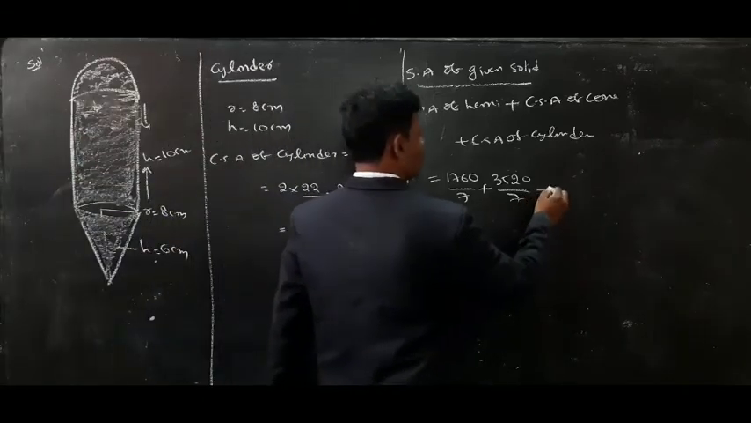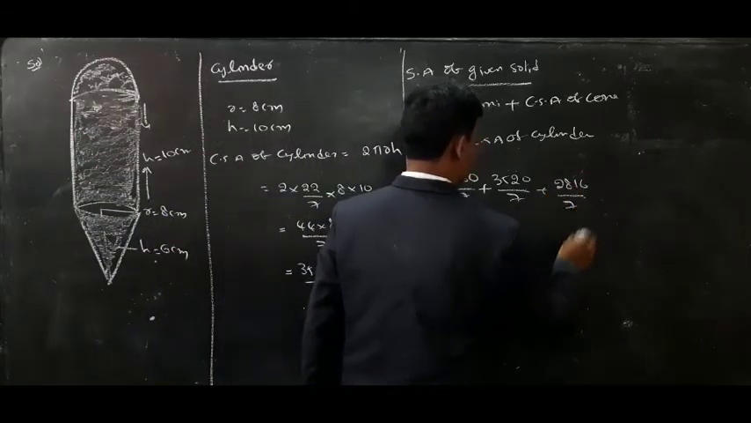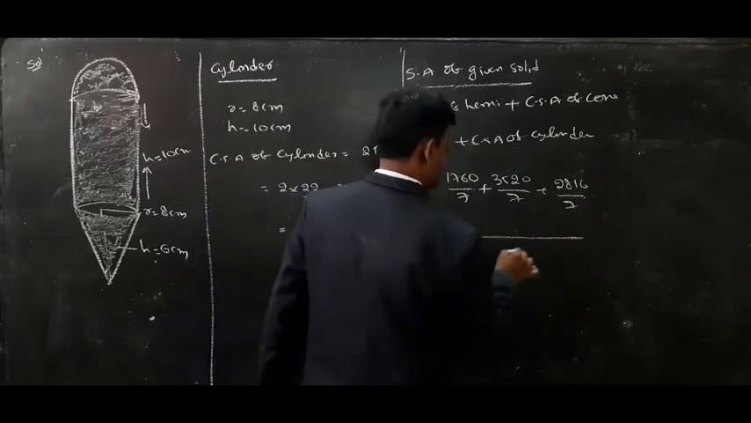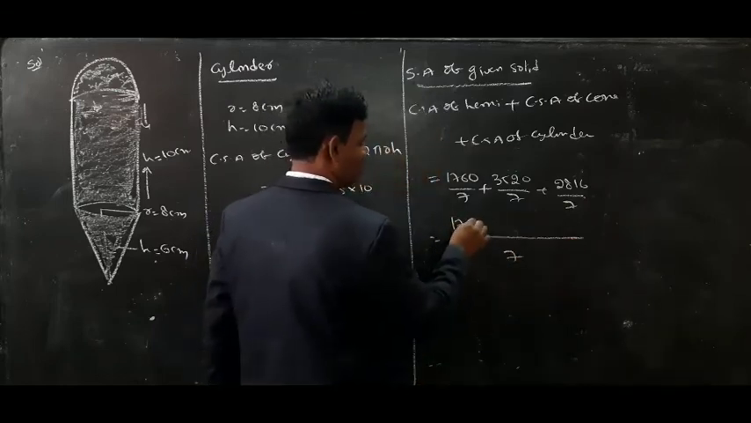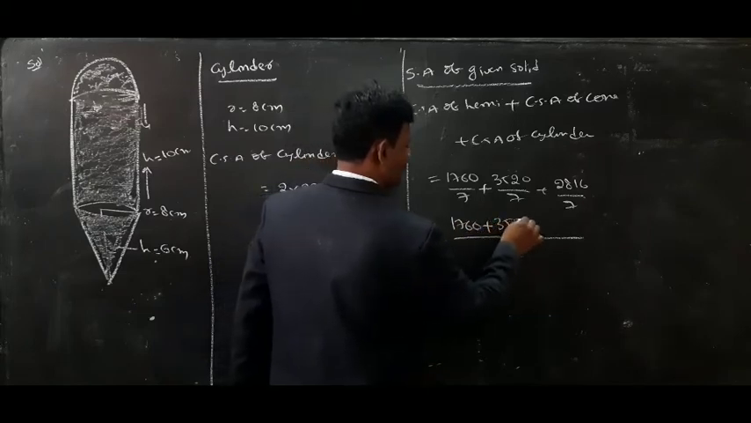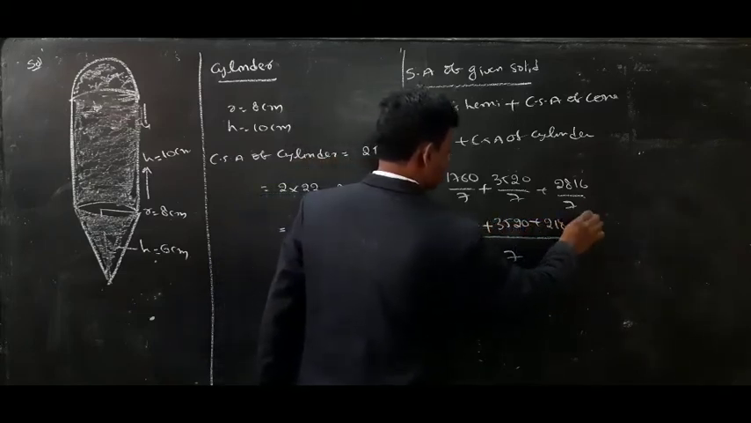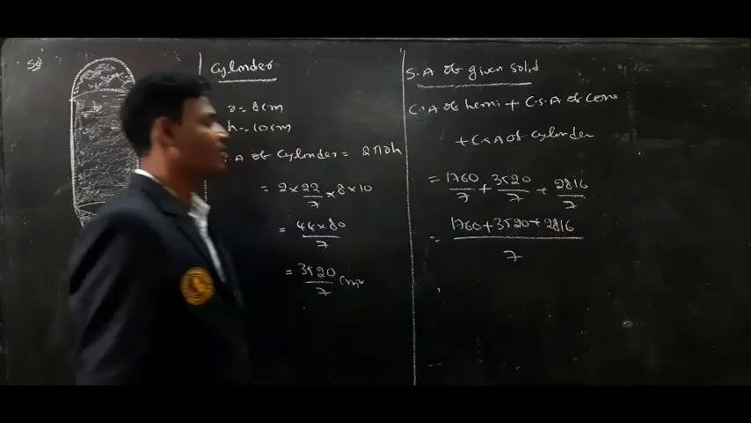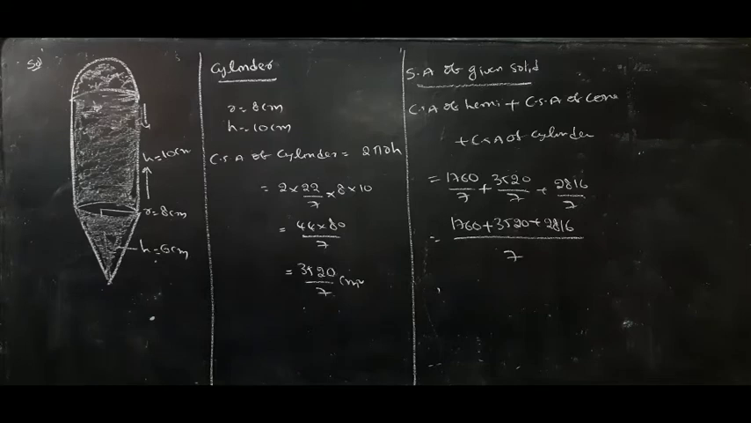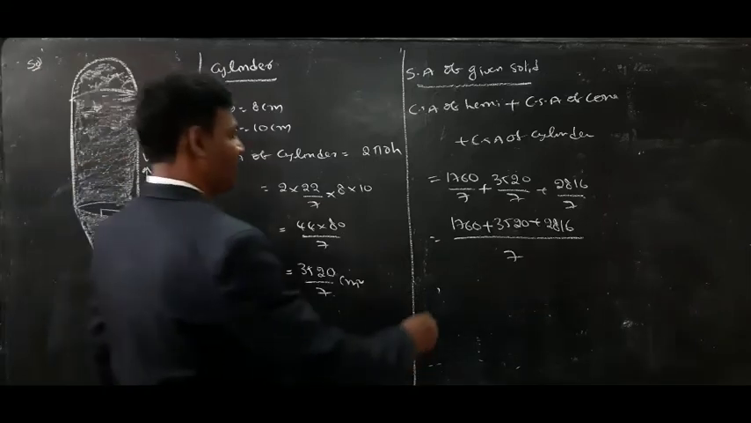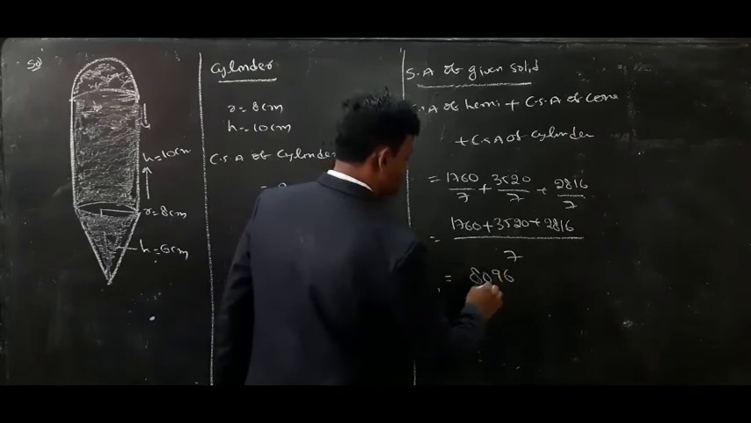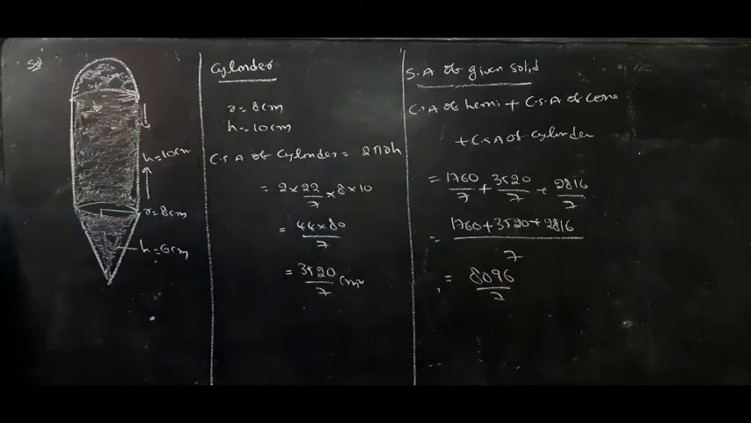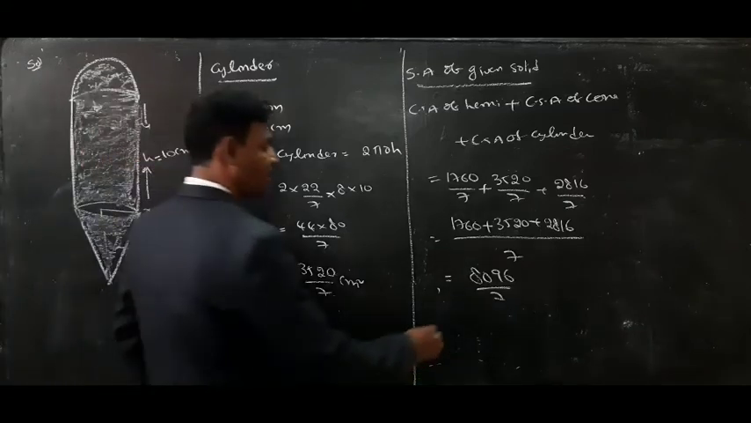Here it is 2816 by 7. Now these 3 are like fractions, so I am taking 7 as common. So 1760 by 7 and also 3520 by 7 and also 2816 by 7. All three are like fractions. So after adding them, what do you get? 8096 by 7. Now you have to divide 8096 by 7. You will get the answer